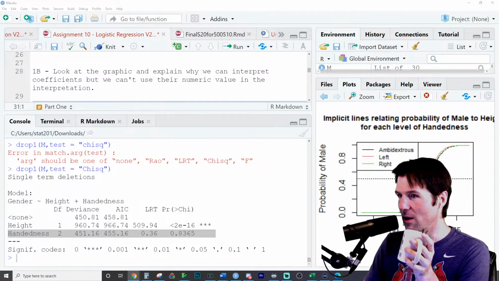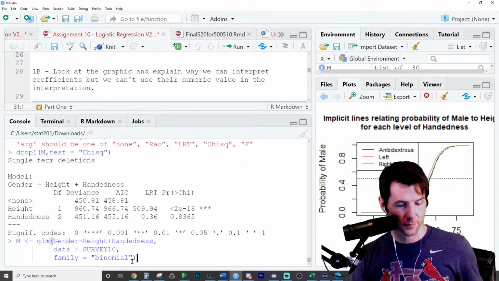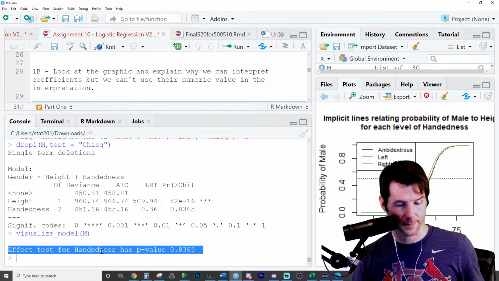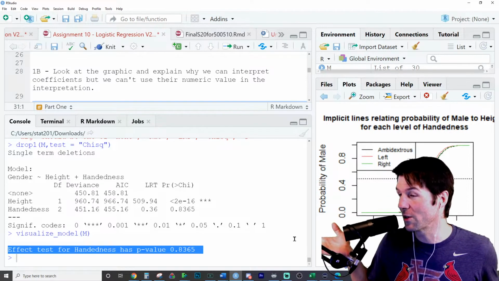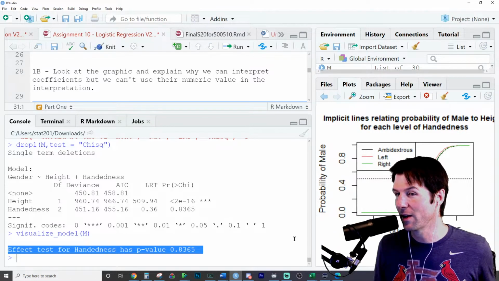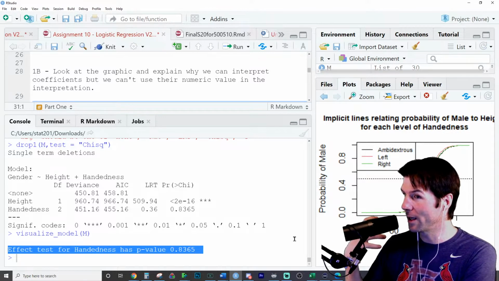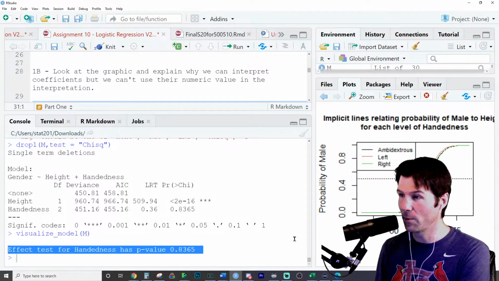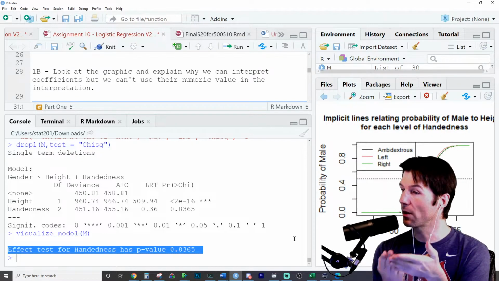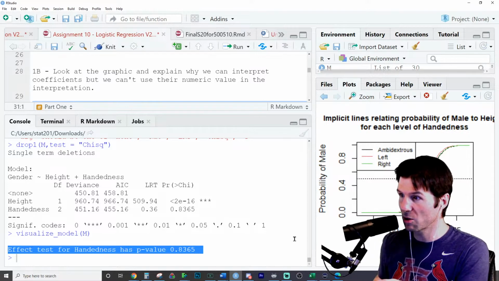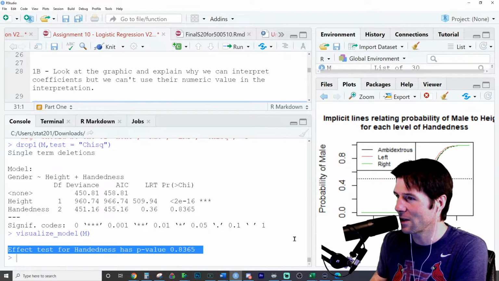So that literally tests the effect of handedness. And does it say that when we do the visual? Yeah, here it is. There's the p-value right there. Boom. It just gives it to you, so you don't even need to do the drop one. And so Trace, great review on that. That is the effect of handedness. As in, when we look at a model with handedness and a model without handedness, we get this effect right here: the total impact of the removal of that variable, to see if that variable actually helps our model. Does it reduce the sums of squared error, or does it help the null deviance? Null deviance, I don't even mention it on the test, I don't think.